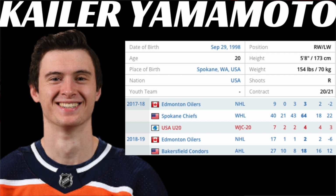Maybe he'll finally find himself some more NHL time, but I do think it is quite possible that he very well might start the season in the American Hockey League. But if he continues to play well and he can stay healthy, I can certainly see him earning himself more NHL opportunity. Long term, I honestly still think that there is a possibility he could be a winger for Connor